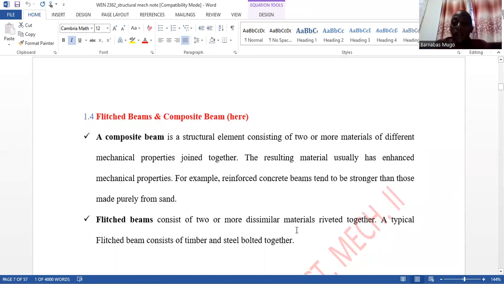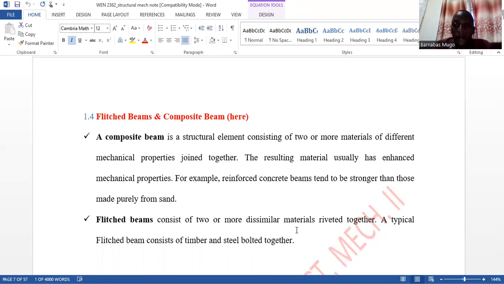Then from there, we are supposed to talk about the fixed beam and also the composite beam. The composite beam is a structural element consisting of two or more materials of different mechanical properties that have been joined together. That means that if I have a reinforced concrete, it will act as a composite material, because the reinforcement material and the concrete material are acting as one component